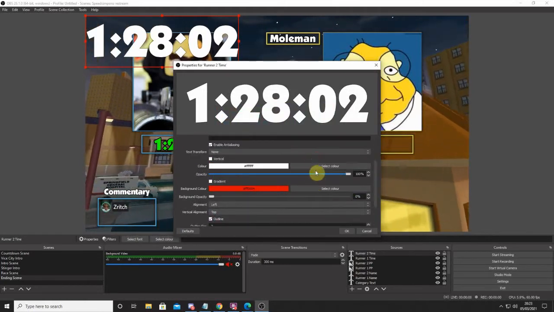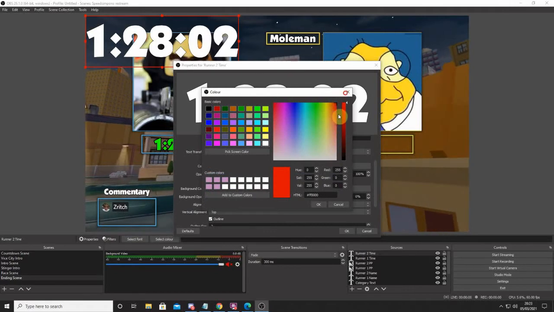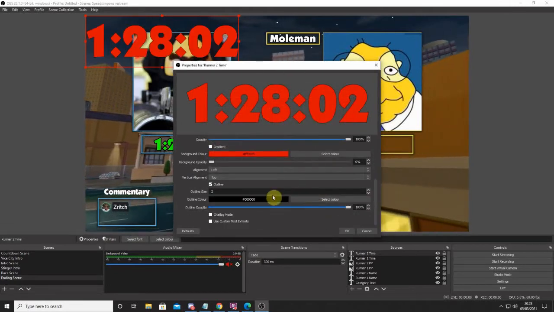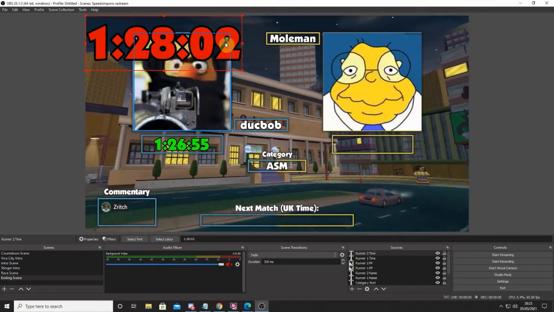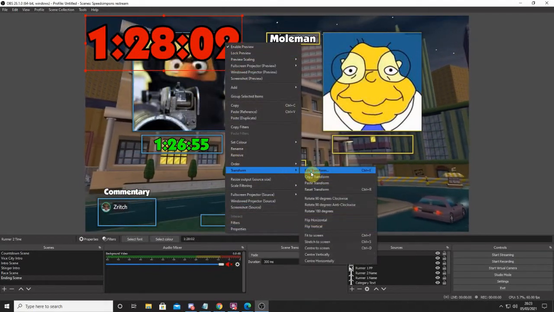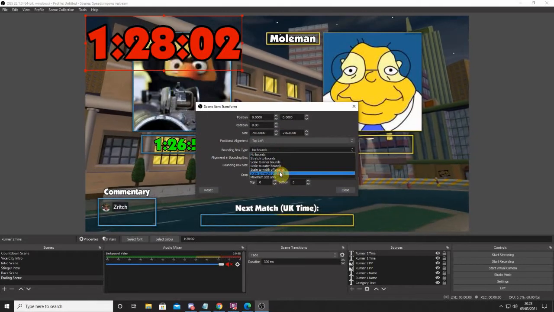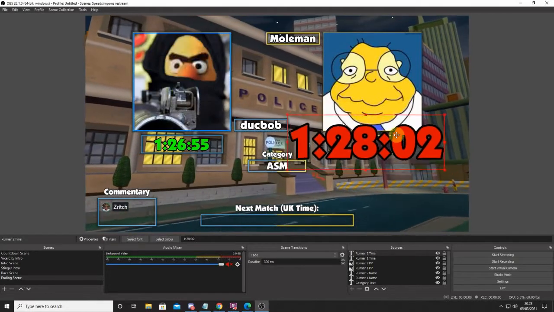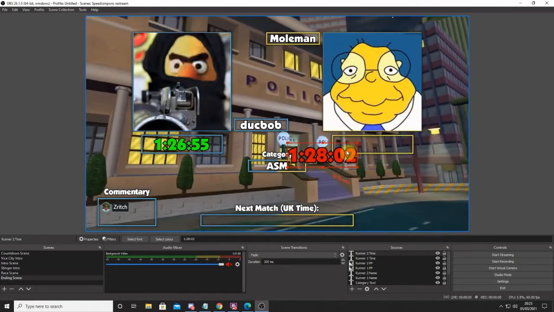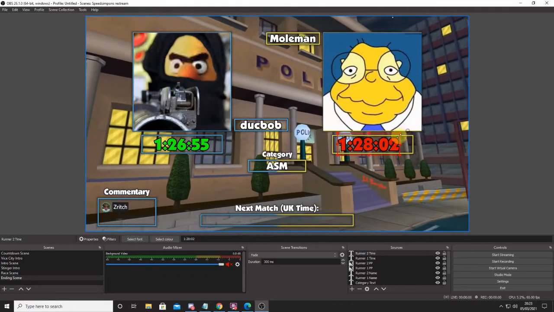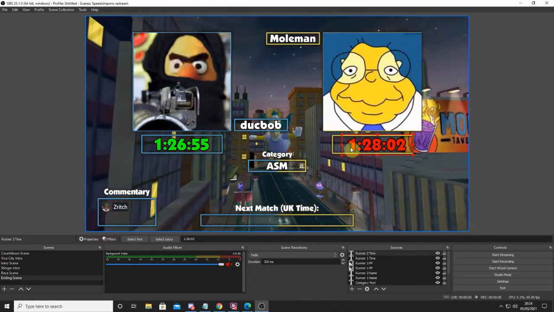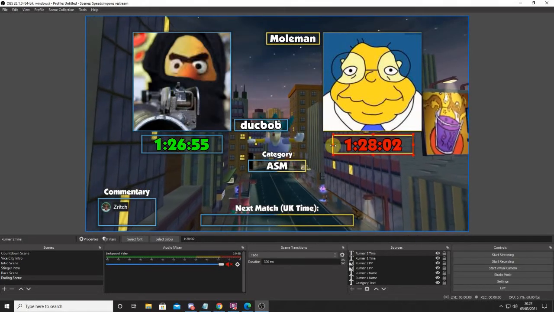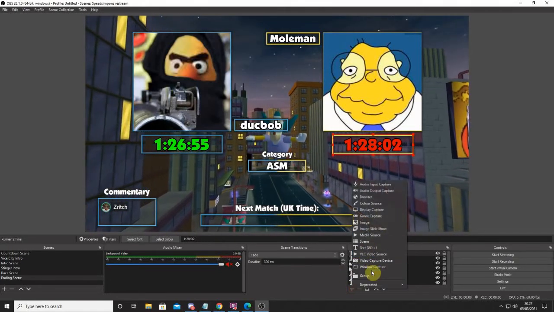The background color, no. There we go. That's better. And then reds. Right click. Transform. Edit transform. To the height. Shift, and then control, and text,